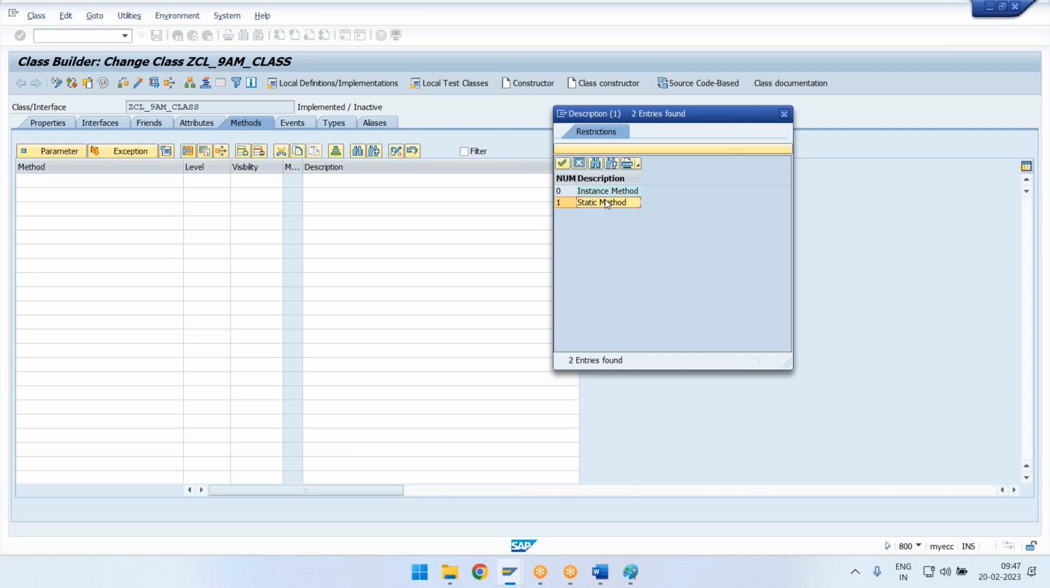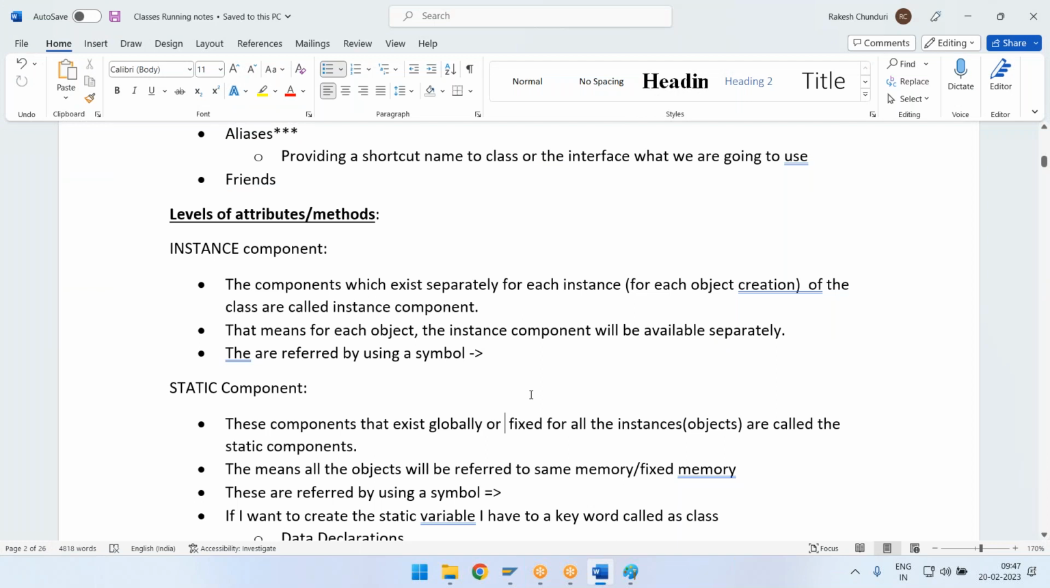So that means you can allocate your memory on your own. That is possible only in classes. That is not possible in the normal traditional way of a program, where you can't separate your memory. But here it is possible to separate your memory. So this is called your levels. The next one is